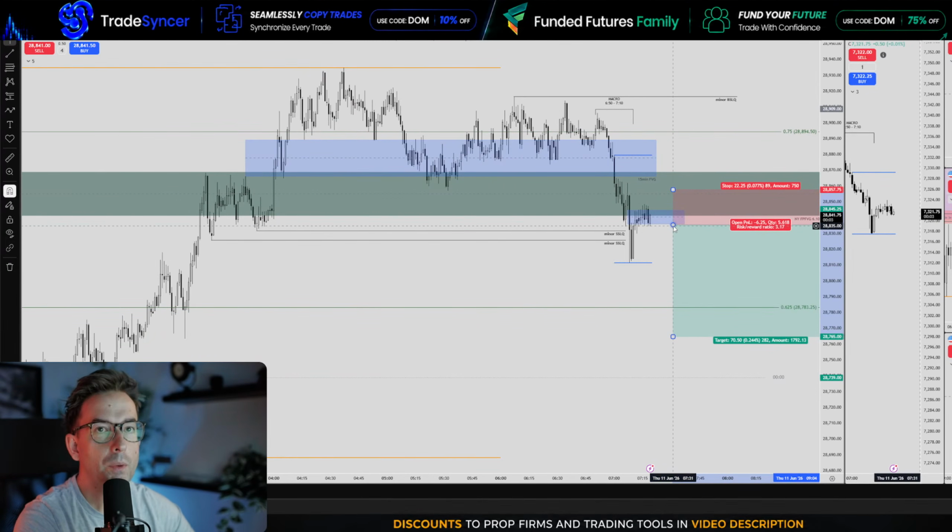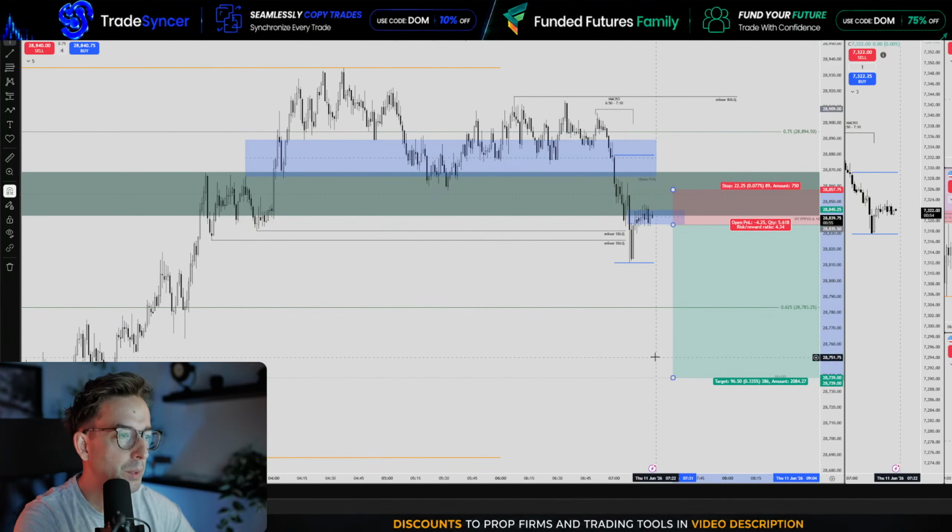Anyways, if I were to go short, that'd be what? Four micros. Hopefully the trade copier works. Midnight open might be a target, but